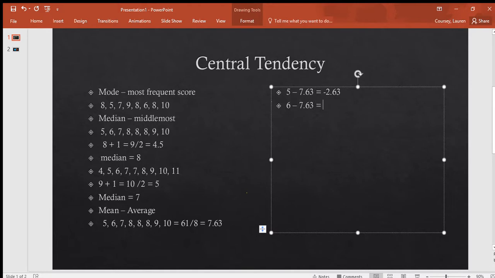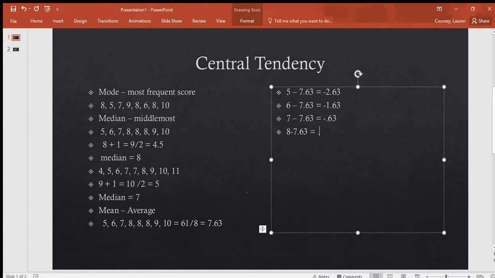How much does that actual observed score deviate from the mean? So 6 minus 7.63 gives us a deviation of negative 1.63. 7 minus 7.63 should give us a deviation score of negative 0.63. Our 8 minus 7.63 should give us a deviation score of